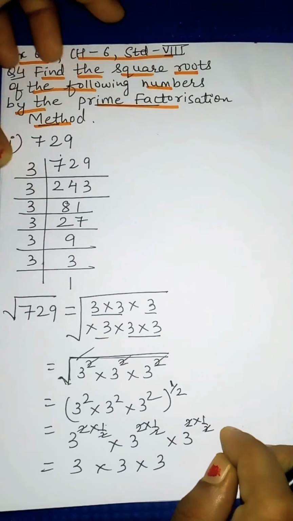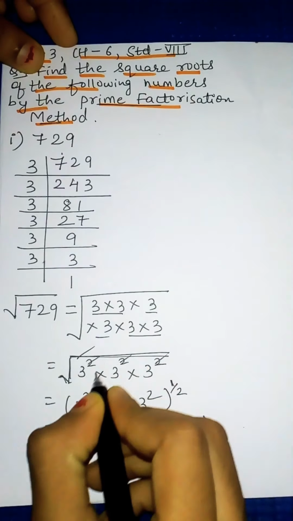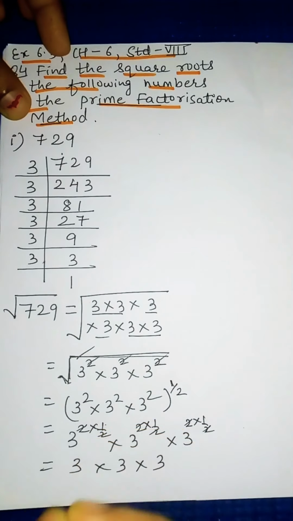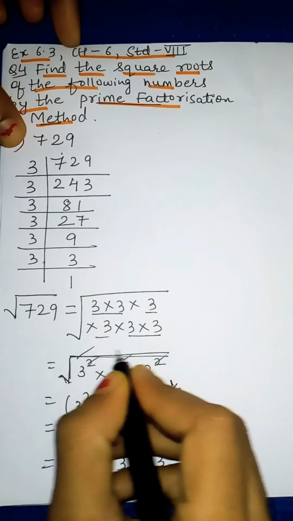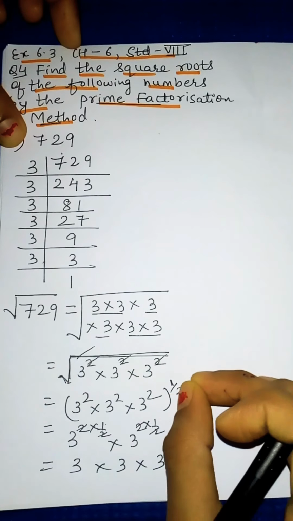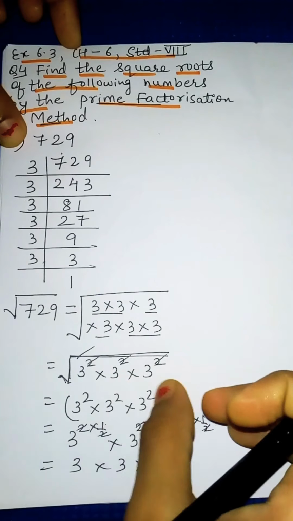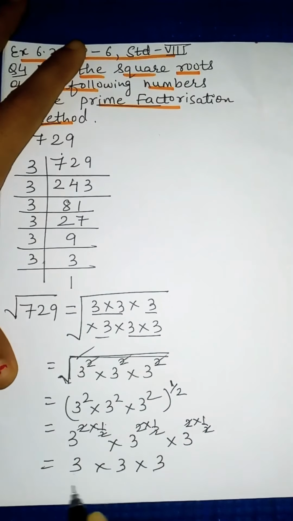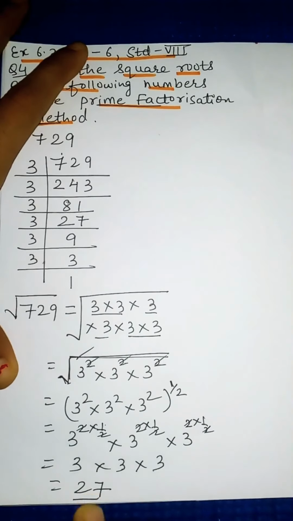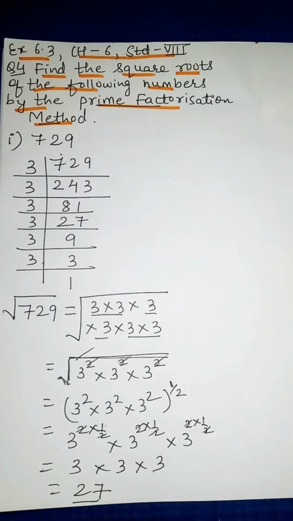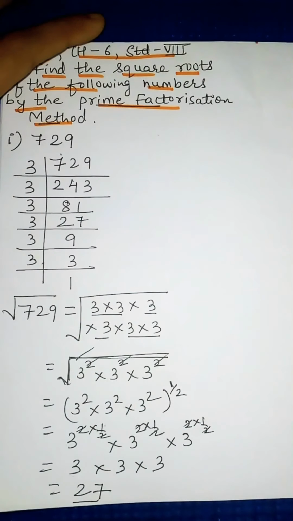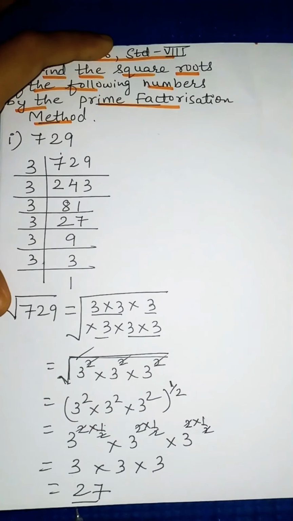In other videos I have gone through directly, they have shown 2 pairing and then out of 2 we take 1 time 3. But why? This is the actual reason: because we are finding the square root and the value of root is half, so with this half, this square gets cancelled off. Now 3 3s are 9 and 9 3s are 27. So 27 is the answer. So 27 is the square root of 729. It means if you multiply 27 two times, the answer will be 729. So your final answer is 27.